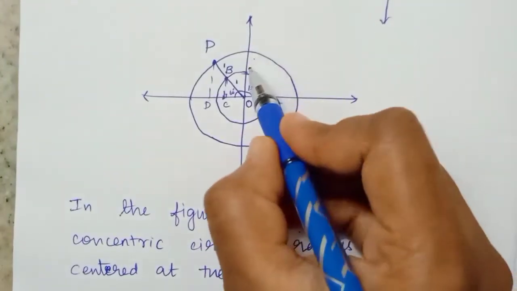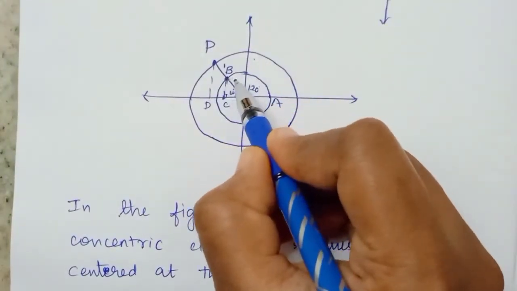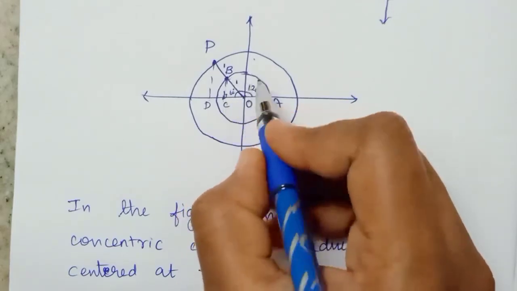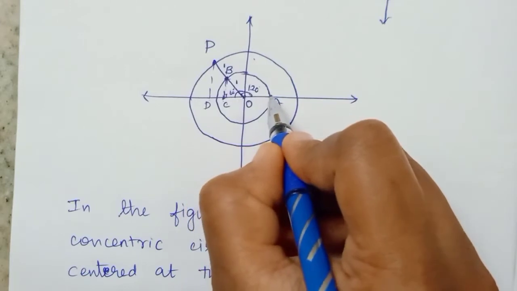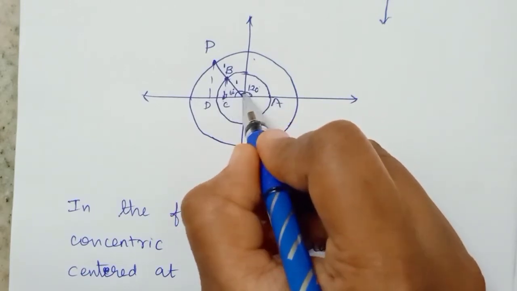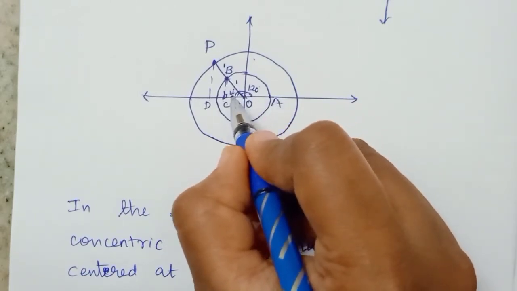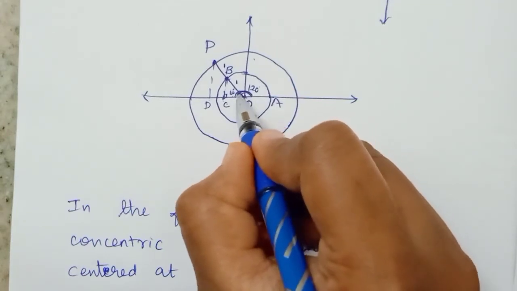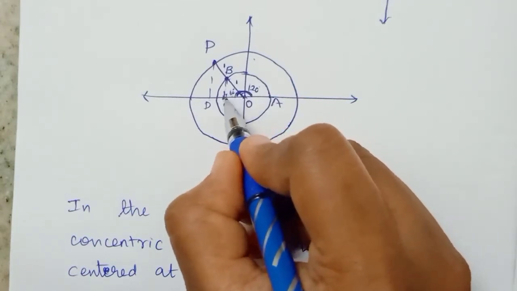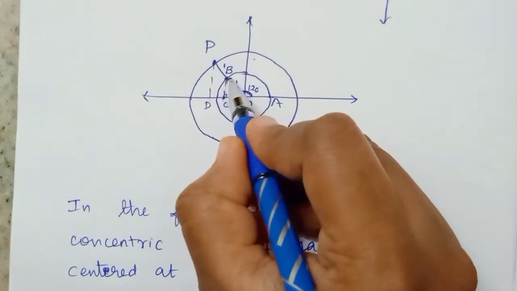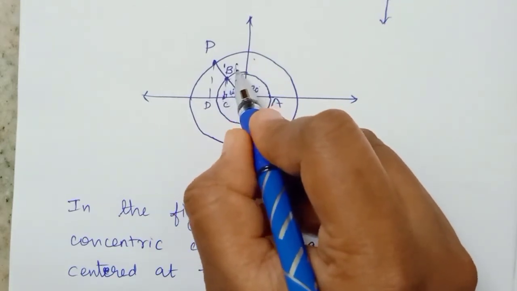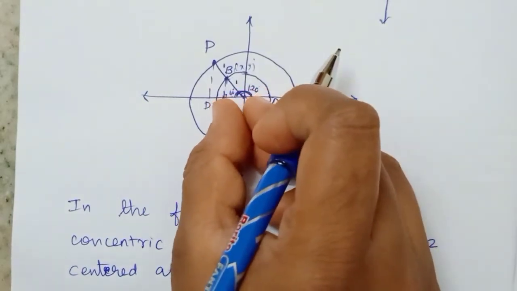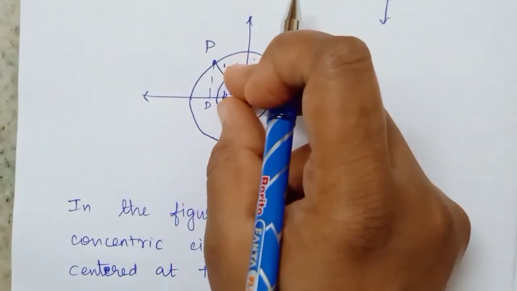So we have to find the coordinates of this point B. From B you draw a perpendicular, BC. So this is the 120 degrees they gave, angle AOB is 120. So the remaining angle is 60 degrees, because this is a straight line angle. So this part is 120, which means the remaining part is 60 degrees. So we have to find the coordinates, that is x comma y, of B. This OC distance is x and CB distance is y.